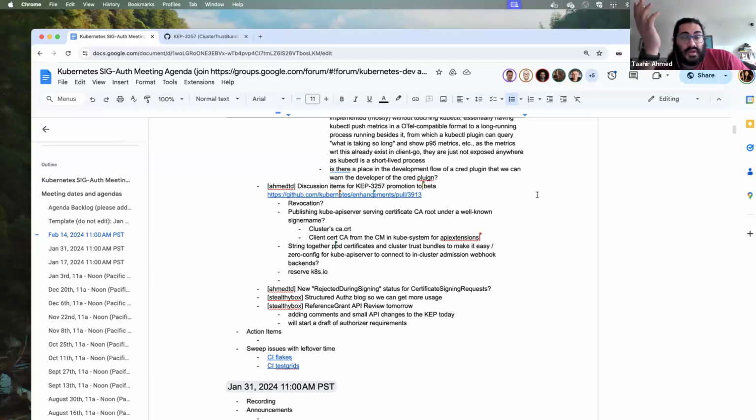So if there's none we want to hide, maybe what we can spec out is just saying for every signer that's documented in our documentation, we, maybe except legacy unknown, put a corresponding set of cluster trust bundles. Seems reasonable. So that would mean if you were running the in-tree signers, you could theoretically get cluster trust bundles present. But if you were explicitly disabling those signers,